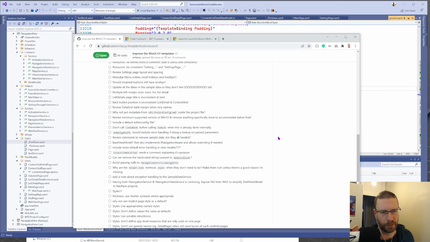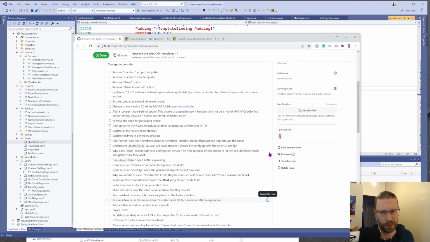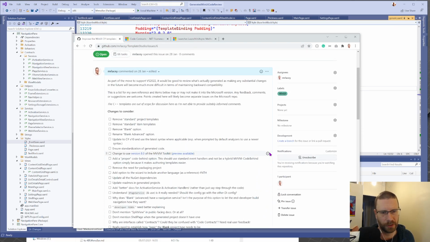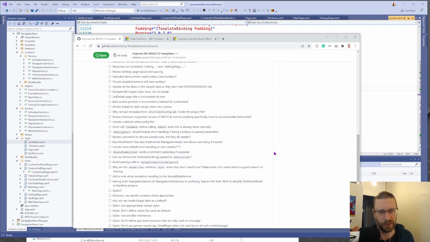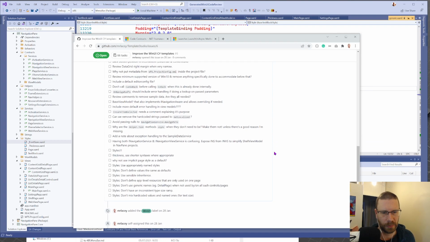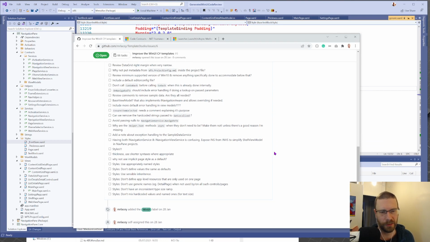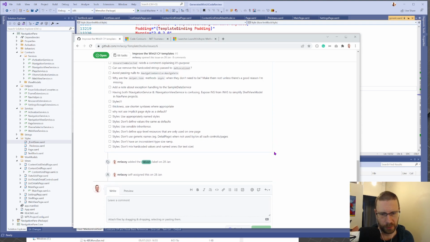So this will get turned into improvements for the Template Studio WinUI project and code. There's a lot more work there than I was expecting. I thought I was just going to pick up a few things, but there's just so much that really needs addressing, and this is the best time to address it before we start